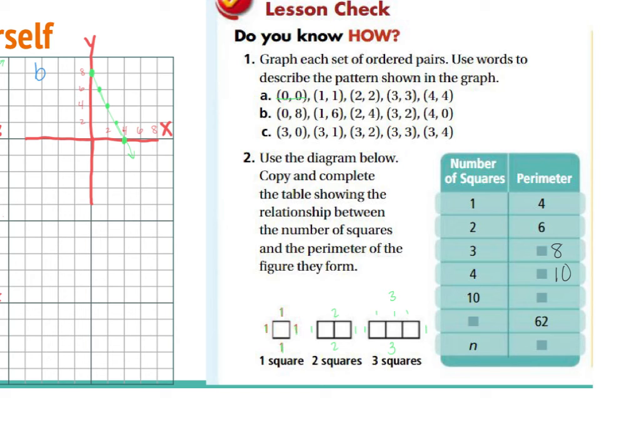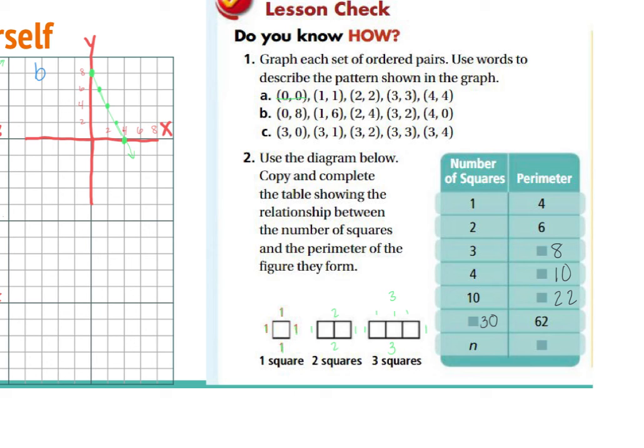Now, at 10, how many are we going to have? Well, I noticed at 1 we had 4, at 2 we had 6, at 3 we had 8, at 4 we had 10, at 5 we're going to have 12, 6 we're going to have 14, 7 we're going to have 16, 8 we're going to have 18, 9 we're going to have 20, and then 10 we're going to have 22. Okay? So when we get all the way up to 62, it wants to know the number of squares it will take in order to reach a perimeter of 62, following this same pattern. The number of squares that it will take is 30,